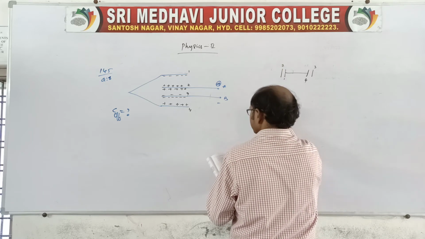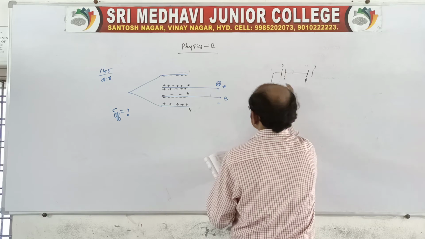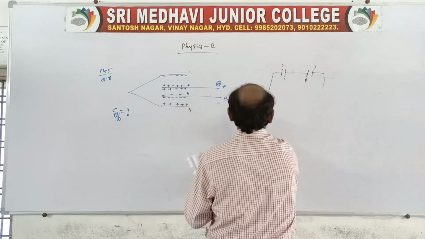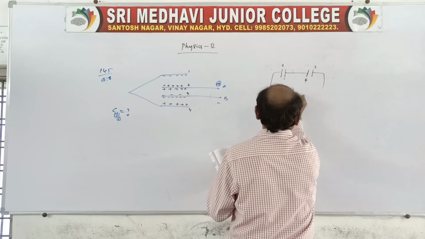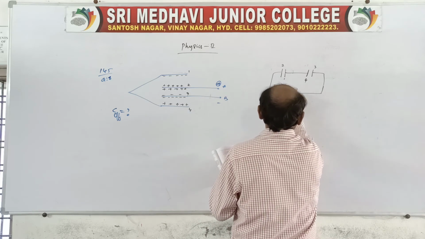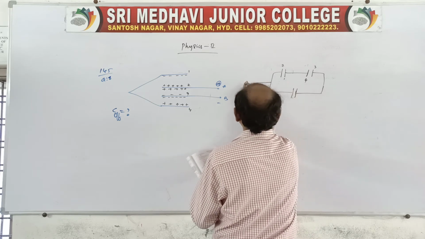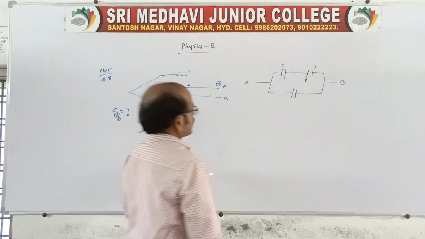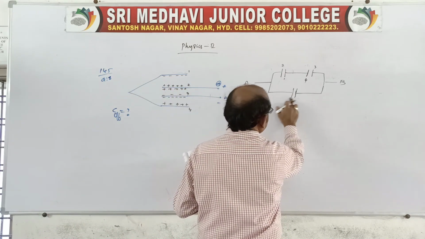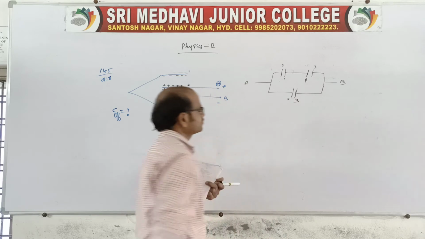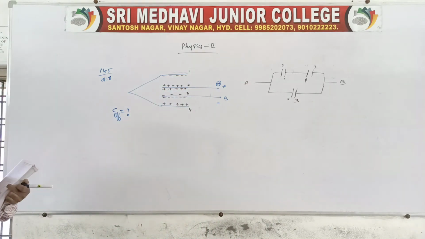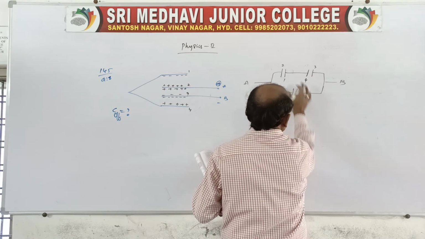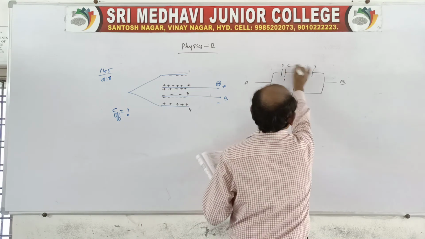Now coming to the point, this 2 is to be connected to the 3 plate, and 3 is to be connected to the 4 plate also, so it is connected like this. This combination we can call the A plate, and this we can say is the B plate, because 2 is to be connected to 3. These two are in series combination, and after this it is to be parallel. So you say C and C.